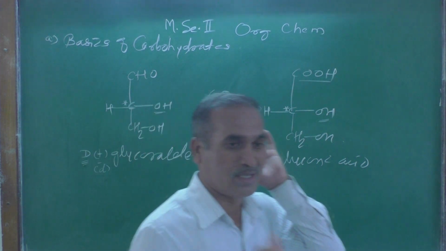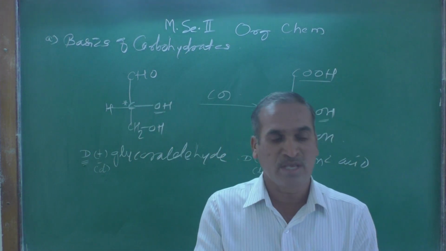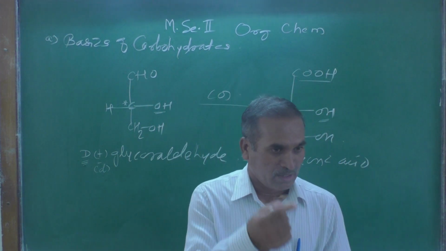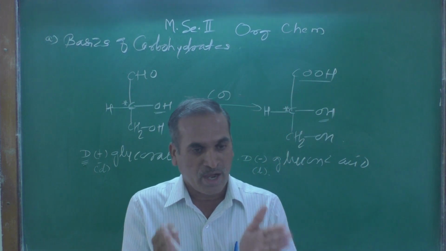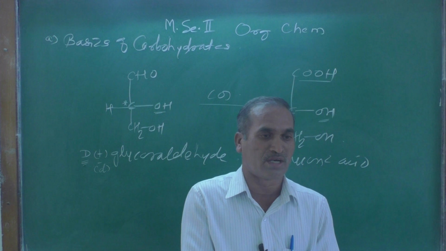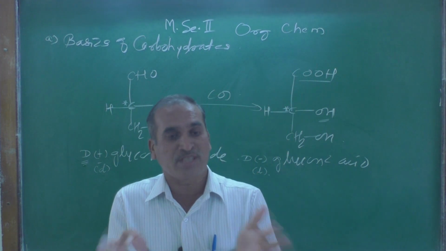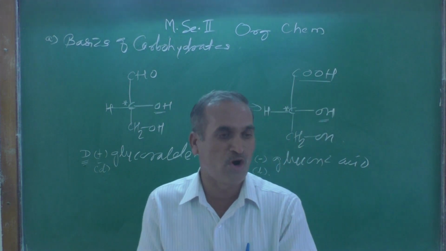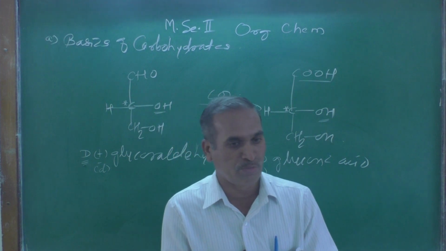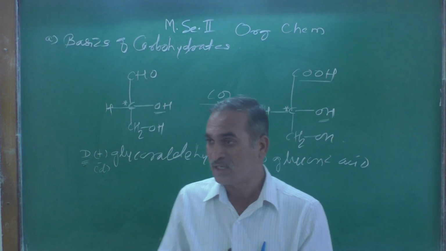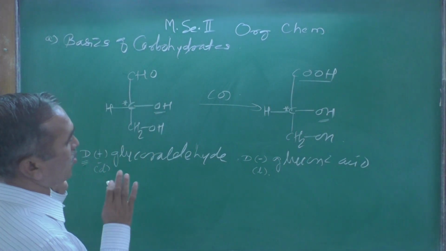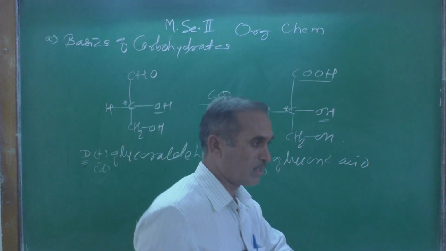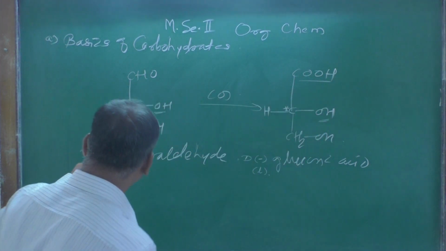Capital D and capital L are the relative configuration, meaning the description of the four different groups attached to the chiral center, or the description of the arrangement of the atoms in space attached to four different groups, is known as relative configuration. These capital D and capital L are the relative configuration, whereas this